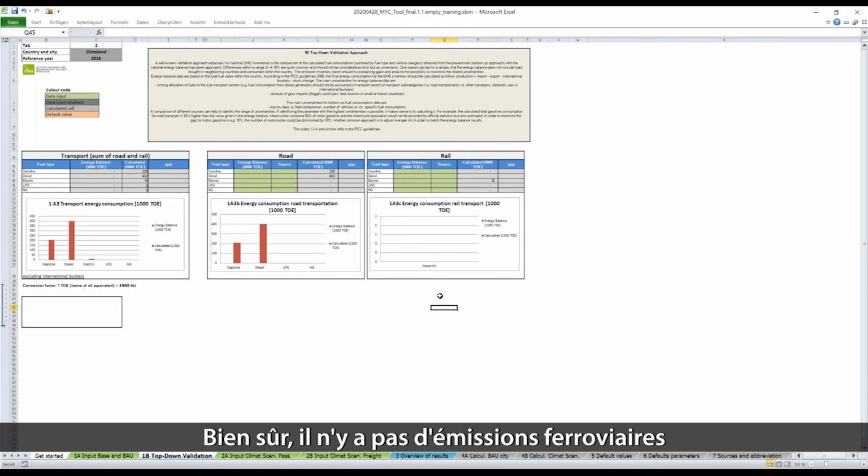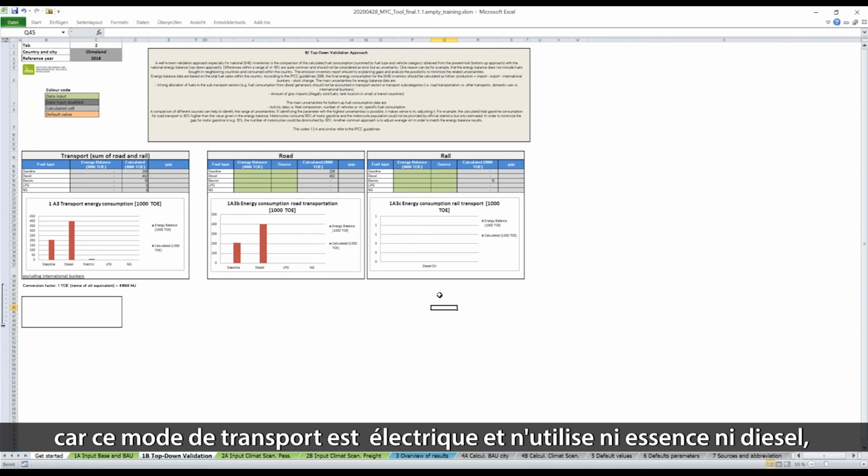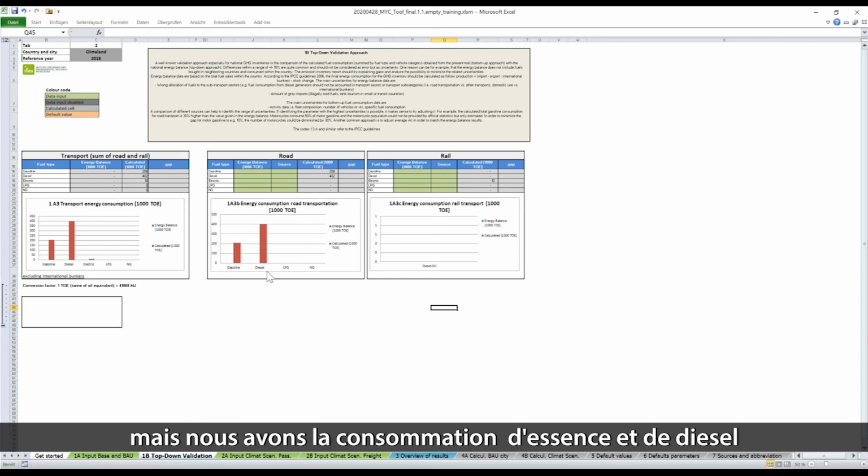Of course, we have no emissions in rail because we are in electric mode, so we don't have any diesel or gasoline vehicle, but we have then the consumption of gasoline and diesel in ton oil equivalent calculated by the